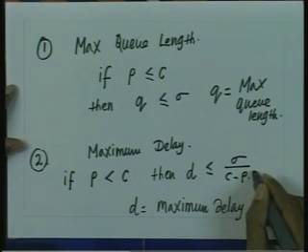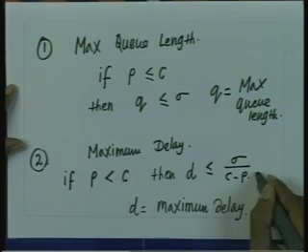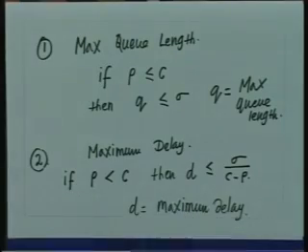Note that in finding out the maximum delay, we are not assuming that this work conserving link is necessarily a FIFO scheduler. We are assuming that it could be scheduling the packets in some other order also, maybe last come first serve also, or some other scheduling order also, but the only assumption that we are making is that this link is work conserving. The scheduler is never idle if there is traffic in the queue, or if there is a packet in the queue. Okay, the scheduler is never idle, so therefore it is a work conserving link.